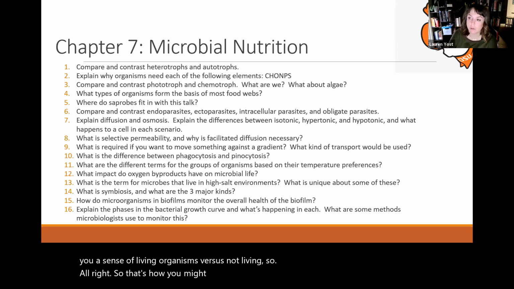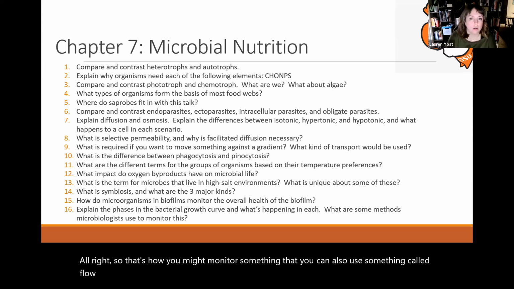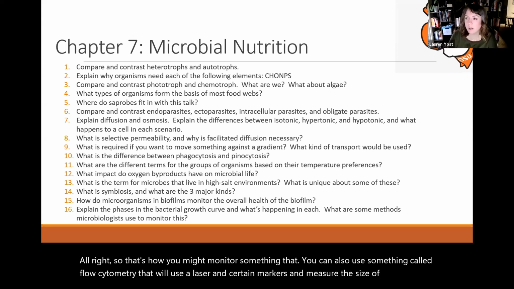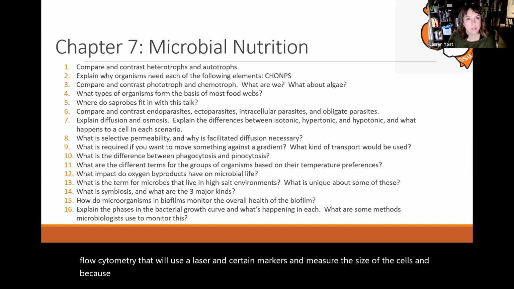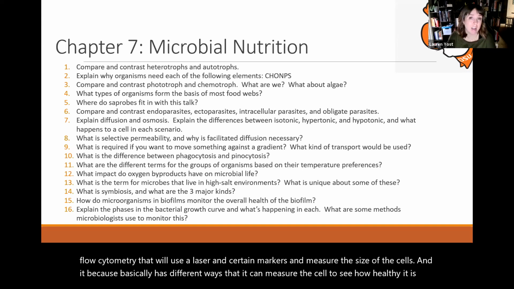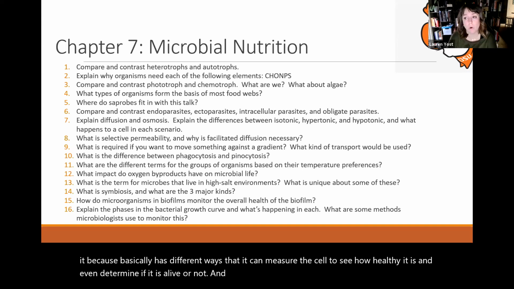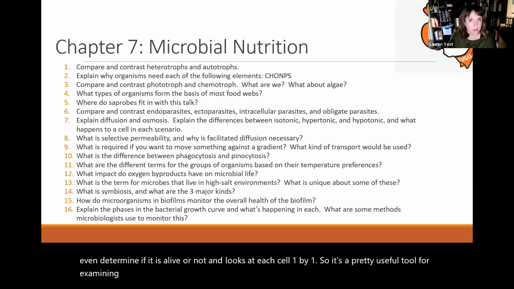You can also use something called flow cytometry that will use a laser and certain markers and measure the size of the cells. And it basically has different ways that it can measure the cell to see how healthy it is, and even determine if it is alive or not, and looks at each cell one by one. So it's a pretty useful tool for examining that if you need to know more detail about your population than